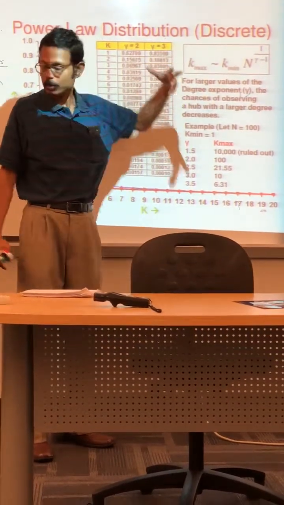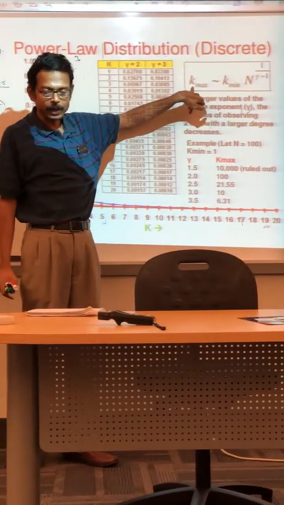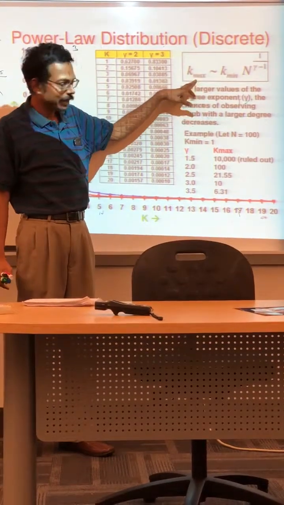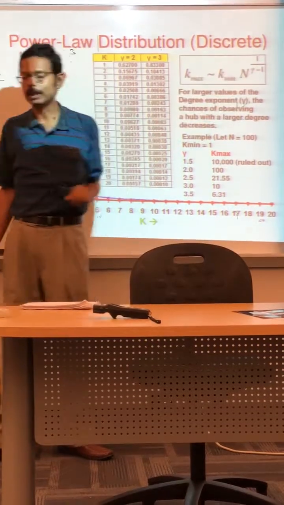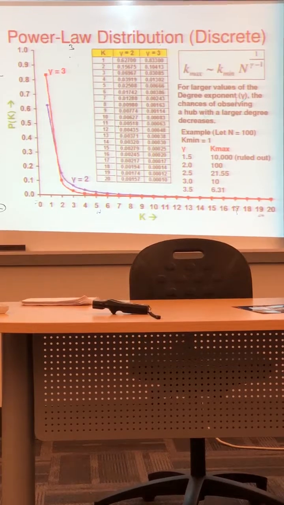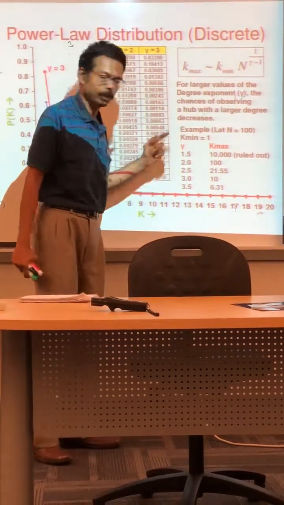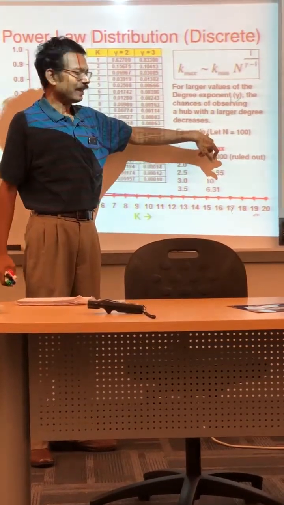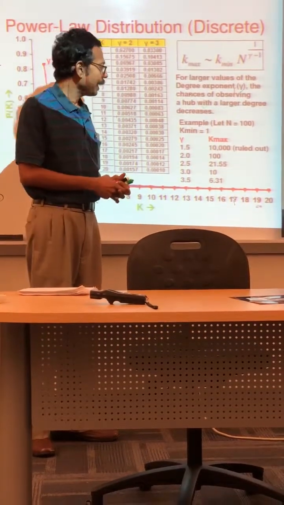In a scale-free network model, the relationship between the maximum degree for any node and the minimum degree for any node is given by this. So K max is K min times n raised to 1 over gamma minus 1. With that relationship, let's try to analyze what the possible values of gamma are that can make sense. Okay. So let us say n is given, fixed, so 100 nodes. So if n is 100,